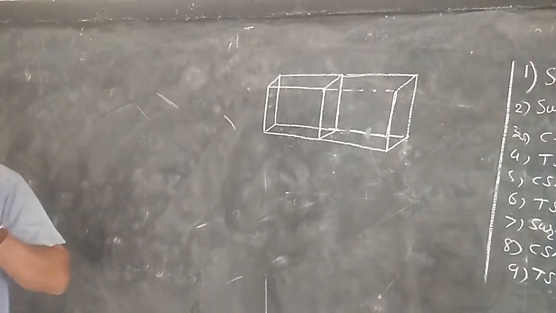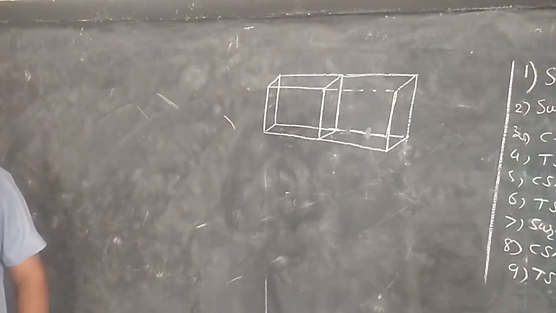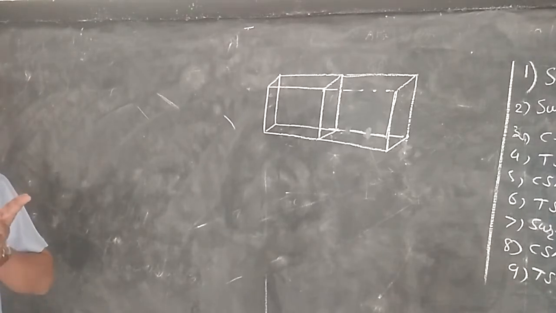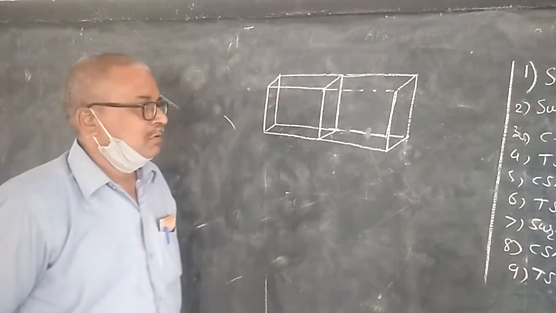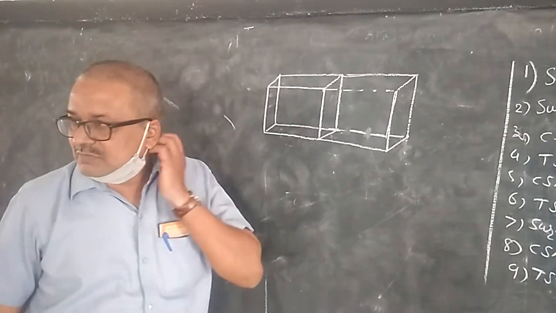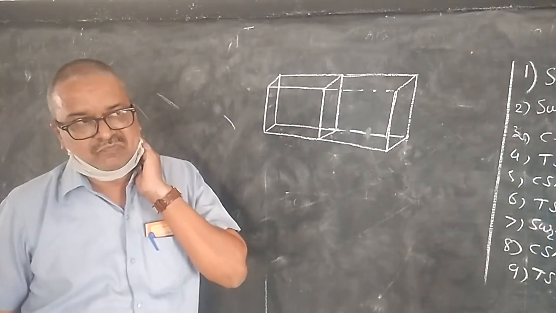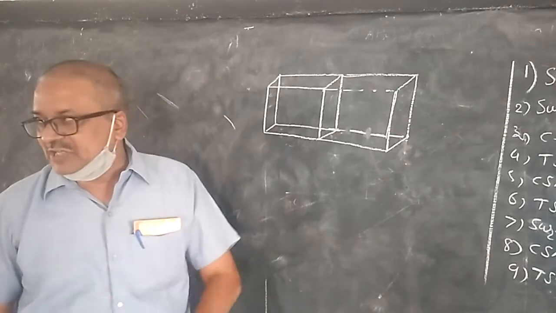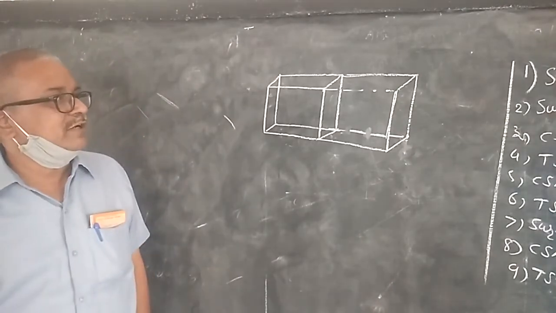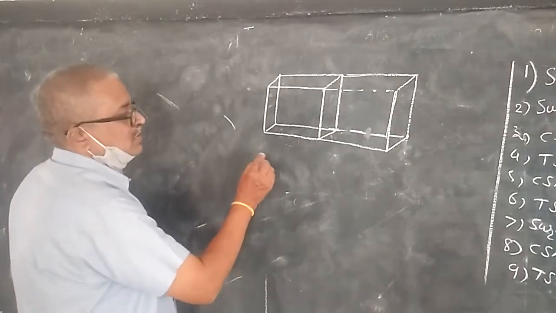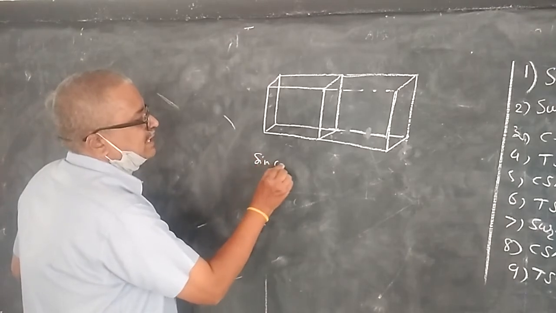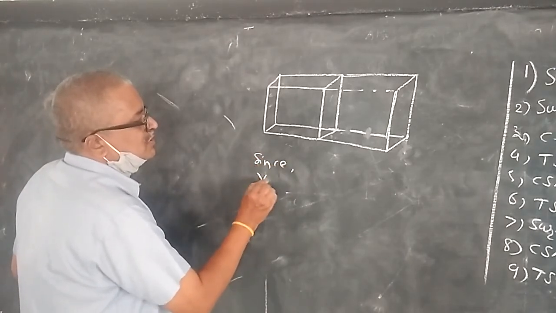After joining two cubes end to end, we get solid figure called as cuboid. The volume of each cube is given. By using volume, we can calculate the side of each cube. Since volume